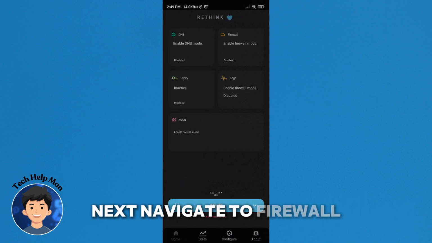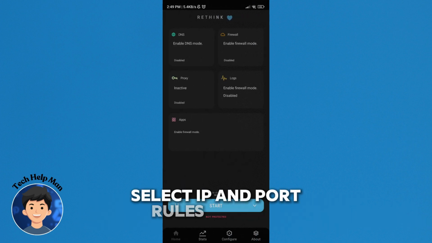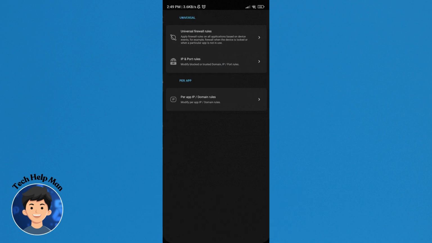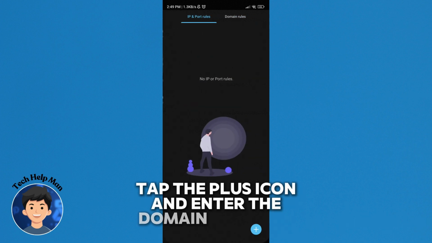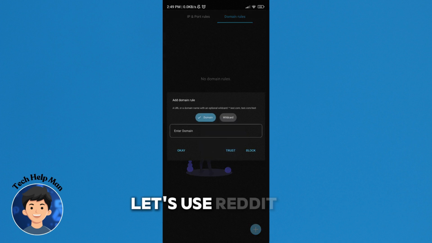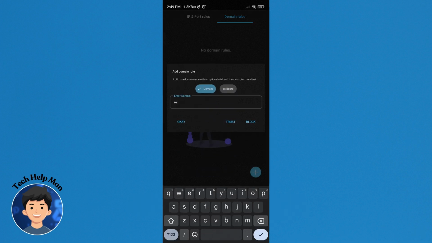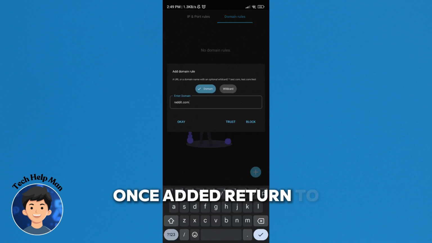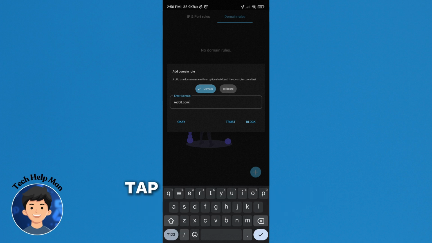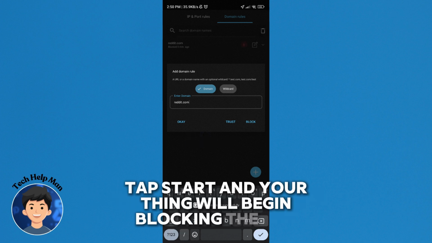Next, navigate to Firewall, select IP and port rules, then go to Domain Rules, tap the plus icon and enter the domain you wish to block. Let's use Reddit as an example. Once added, return to the home screen of the app, tap Start, and Rethink will begin blocking the site across